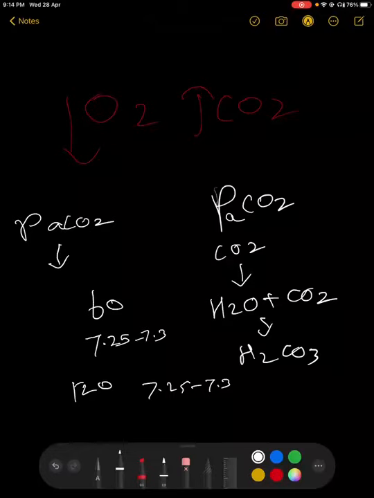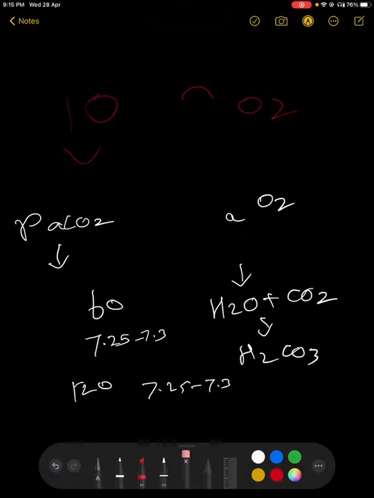And more than all these things, history is very important: the onset of symptoms, how long the patient has had these symptoms, and the medication history. Because with COPD and the like, we know the history is chronic. Whereas acute pulmonary edema and many causes which we'll be discussing now will have acute, chronic, or acute-on-chronic manifestations.